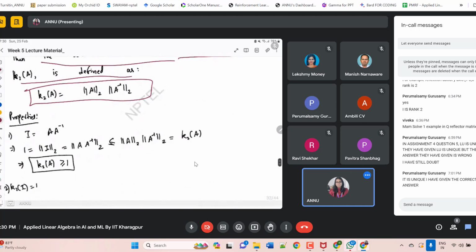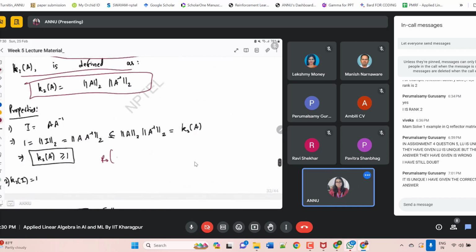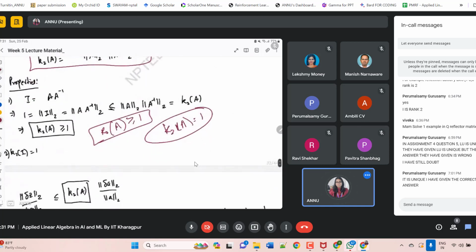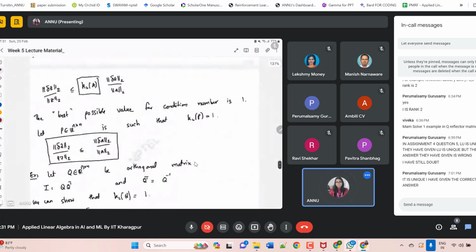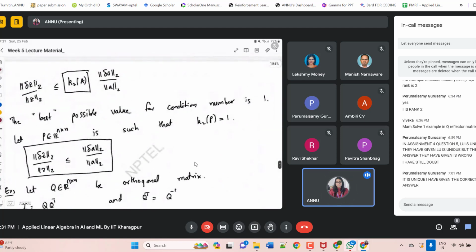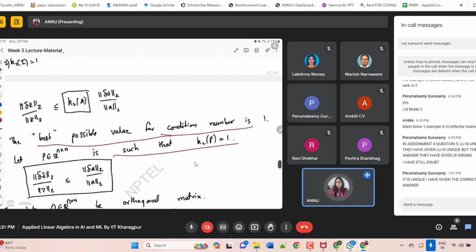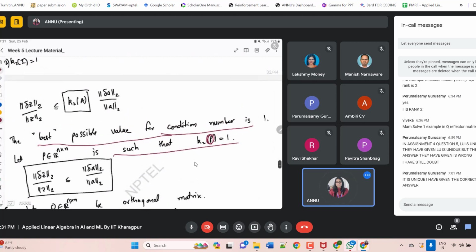As we know, I equals A times A inverse. We can write that, right? So if you take the norm and use the multiplicative property, K2 of A is greater than or equal to 1. So the minimum value of K2 of A is 1. The best possible value for the condition number is 1. So we need to take the matrix such that